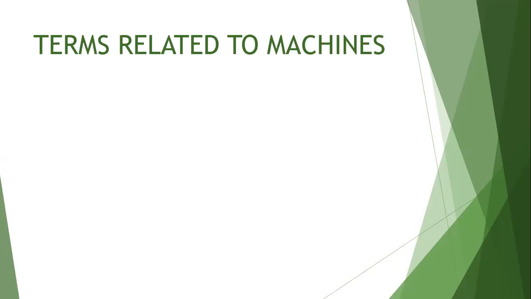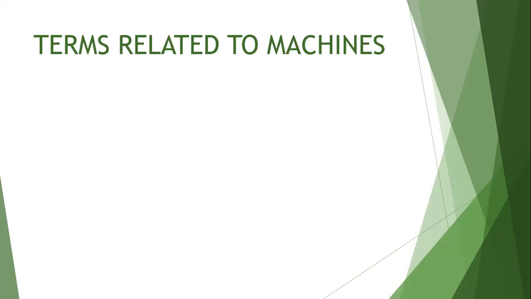So before starting with all the relations, factors and types, I want all of you to be very clear with the terms related to machines. Until your terms are clear, how can we understand machines as a chapter? If you want to study light, whether reflection or refraction, you need to know the terms associated with light, like incident ray, reflected ray, normal, point of incidence, angle of refraction. These are all familiar terms to you.